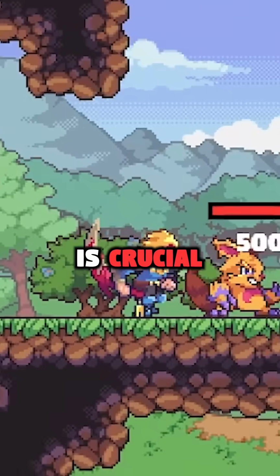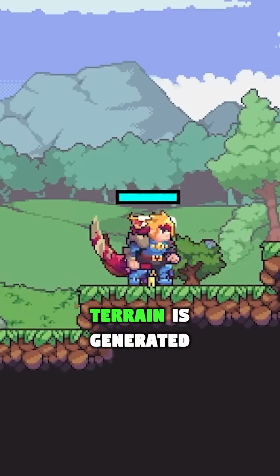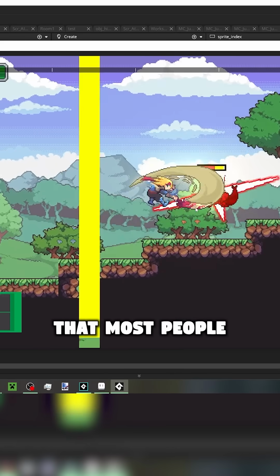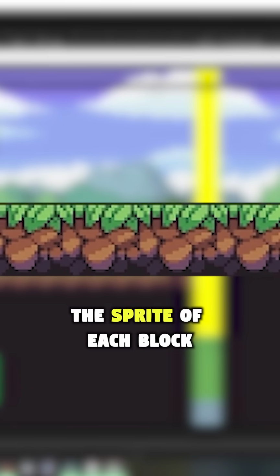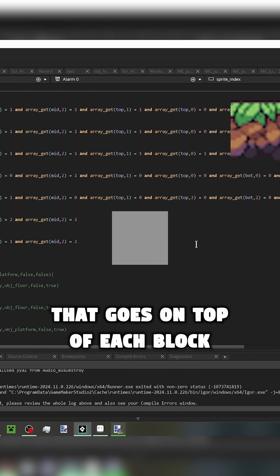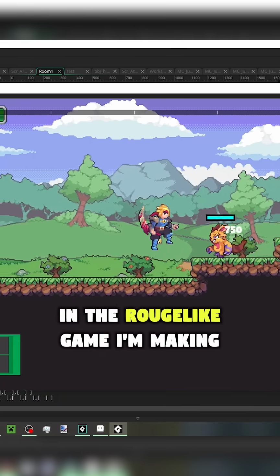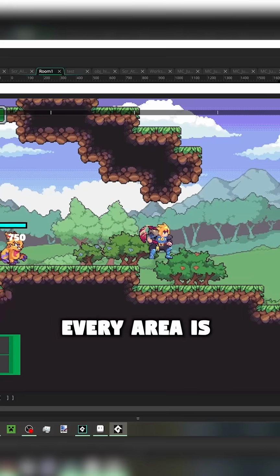This one feature is crucial for my game. In games where terrain is generated, there's one aspect of the generation that most people don't even think about: the sprite of each block. The sprite of a block is simply the art that goes on top of each block in the world. In the roguelike game I'm making, where 10 subs equals 1 line of code, every area is